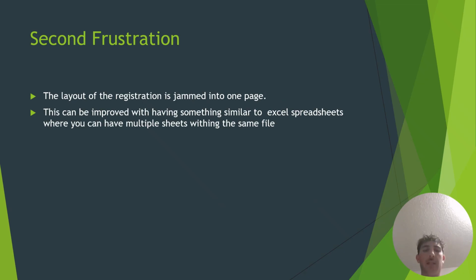Second frustration is the layout. So basically on the page it's all jammed into one. It's almost like a spreadsheet that displays what your schedule would look like. So it's got times and days on both axes, and then it fills it in when you register for a class, which is good. And then there's another tab on the same page that is for the actual registration,